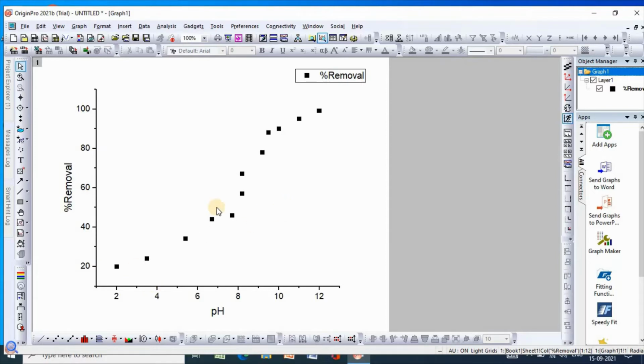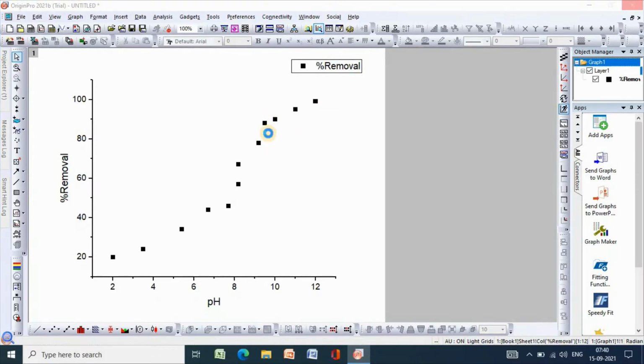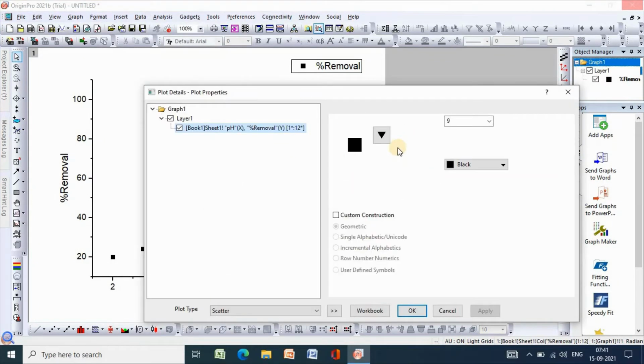So at first you can change the symbol. For example, if you double click on it, this pen will appear.